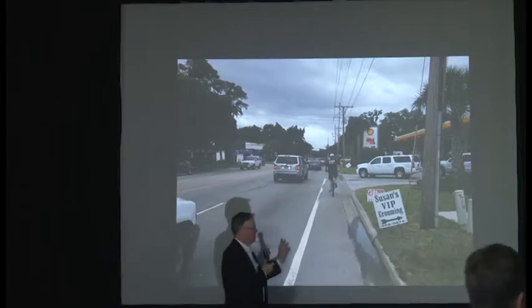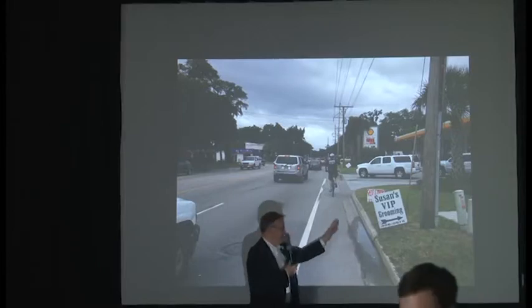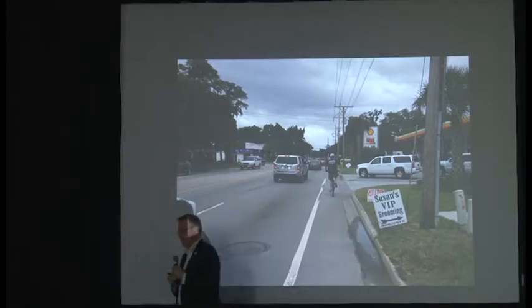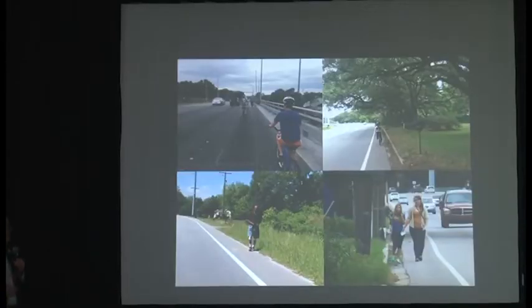We saw the storm drains that are silted up due to lack of maintenance, and the puddles that extend into the bike lane, making it skinnier. We saw the places where the bike lane is half gutter, and the places where the bike lane disappears altogether. We also saw that the pent-up demand just to walk on the corridor means that what's marked as the bike lane is actually only walking space in many circumstances. You can see the grass here is waist high, and so there's no alternative but walking right next to the